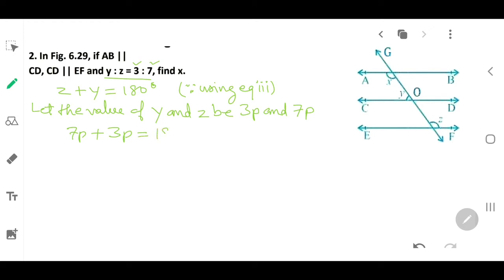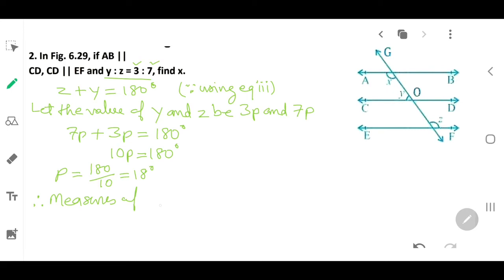So their sum is 180 degree. So you add it, how much you will get? 10p. So 10p is how much? 180 degree. Then you find out p. So p is 180 divided by 10, that is equal to 18 degree. Okay. So therefore